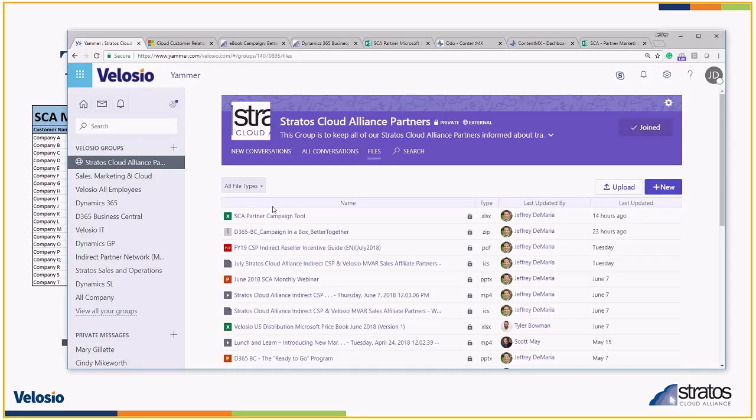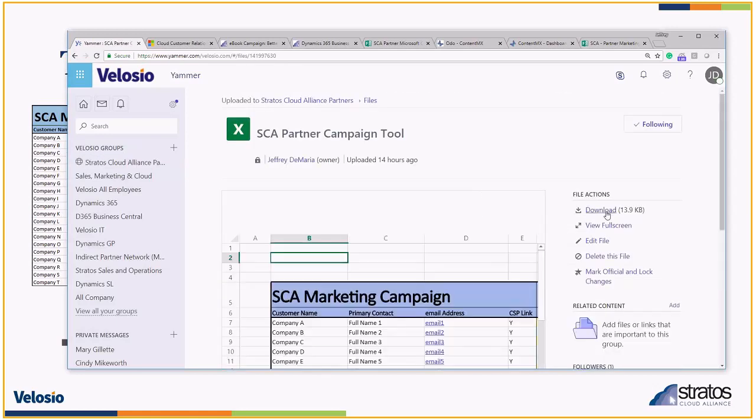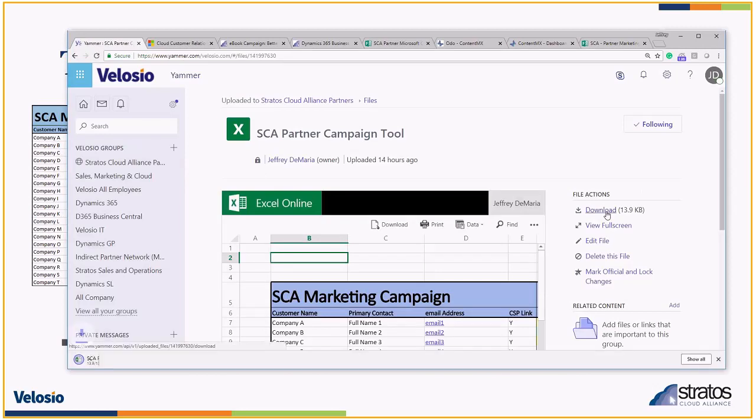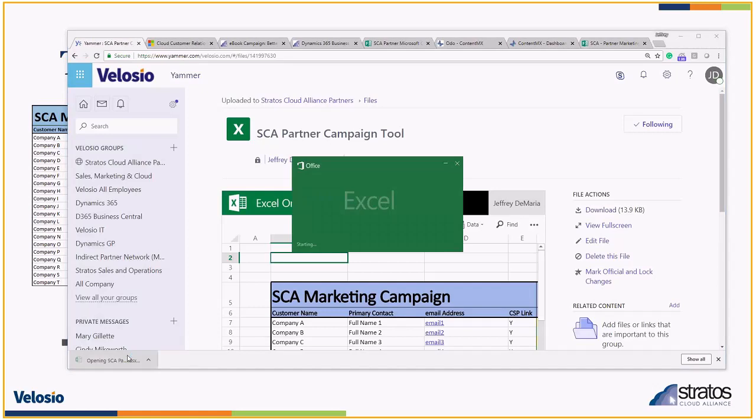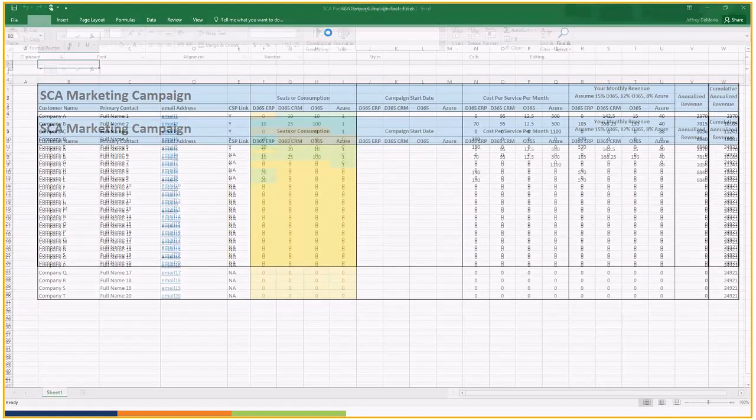The SCA Yammer campaign tool is available here. When you click on it, you can download the file, and it's an exercise that you should use in order to help target your specific customers and find your revenue path. Everyone should have access to this, and you should be able to work with it.